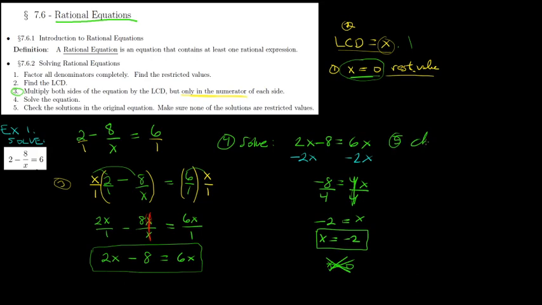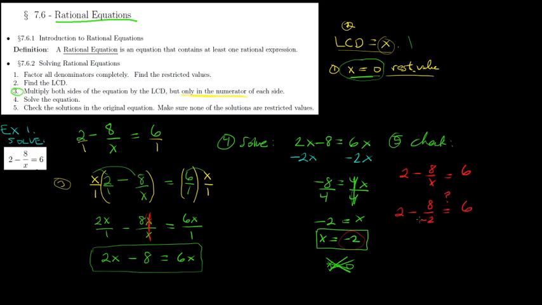Okay, so in step 5, we're really just checking that we did all this correctly because it's very easy to make a mistake. And so I think we'll just check. The original equation was 2 minus 8 over x equals 6. And, well, we got an answer of negative 2 for x. So if I replace x with negative 2,